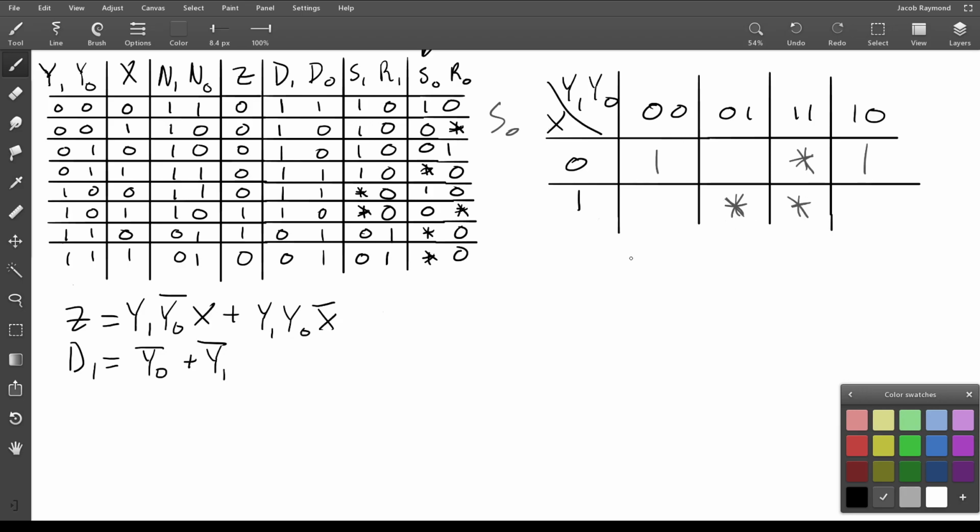All right, well, how do we do this? Well, we'll start off with a circle of 8. Can we make a circle of 8? The answer is no, because there's obviously not 8 1s. Can we make a circle of 4? We can't. Then we go down to 2. So with the don't cares,